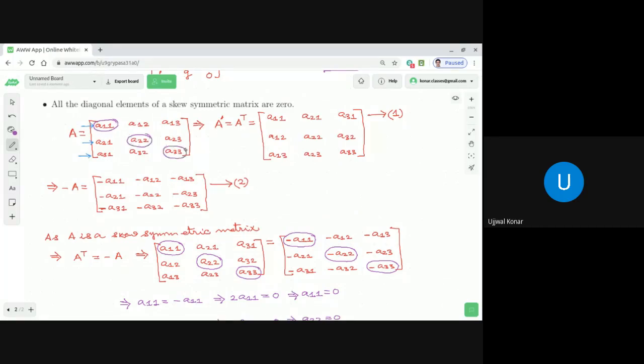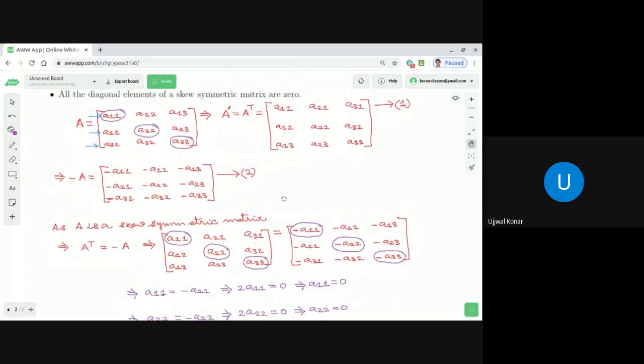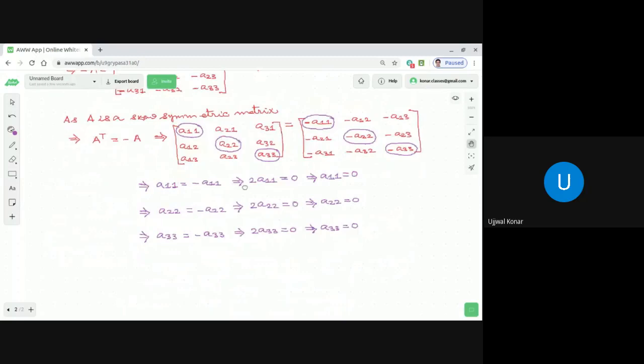What are these elements A11, A22, A33? They are the diagonal elements, right? That is what we know as the diagonal elements, correct? So we establish this property: all the diagonal elements of a skew-symmetric matrix are 0. That means, dear students, this matrix A is now transforming to